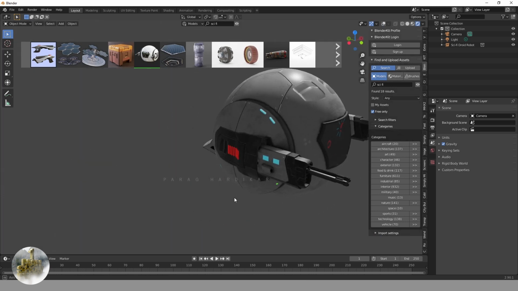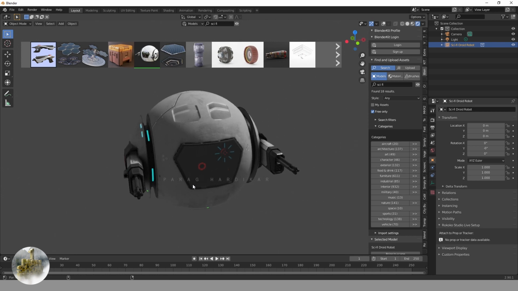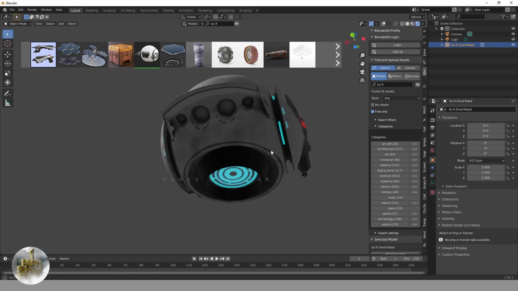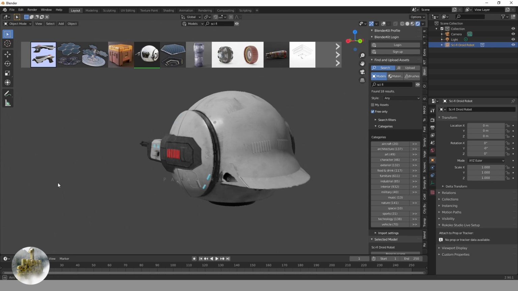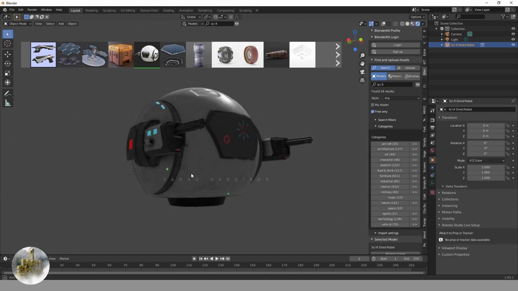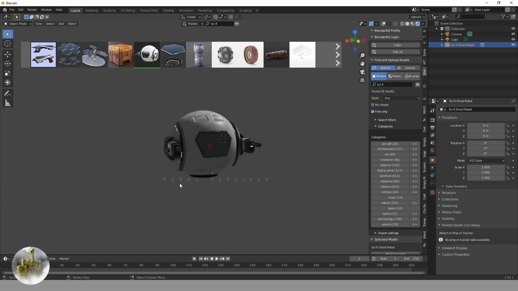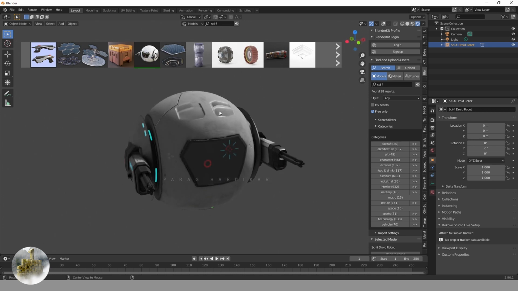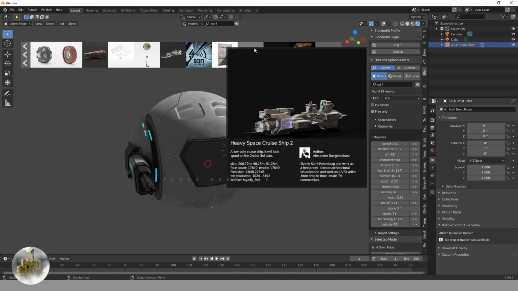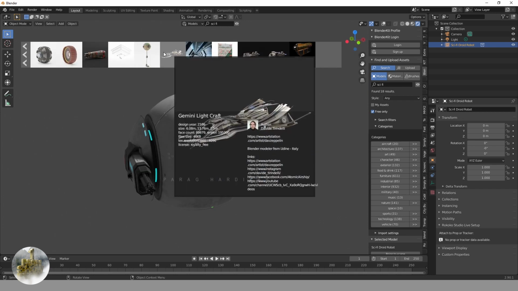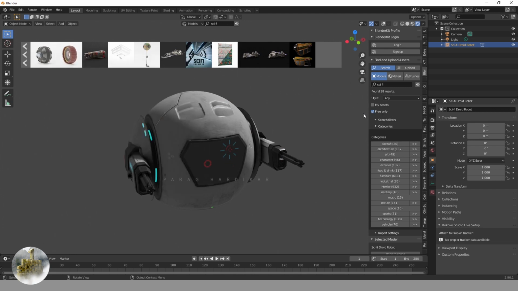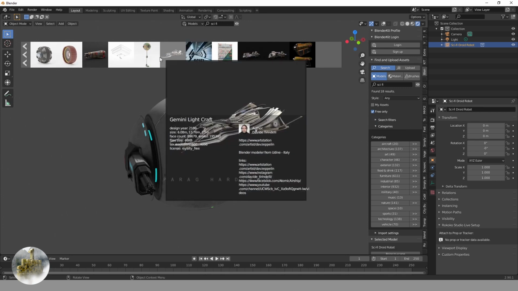As you can clearly see, how much detail those models have. And this is the second one which I used for my scene. So you can check those thousands of assets which are free.